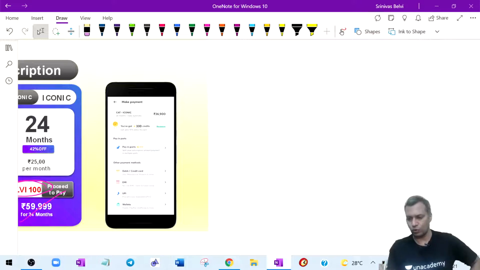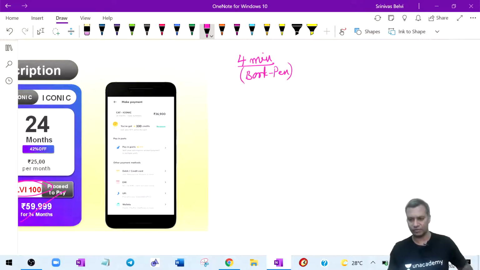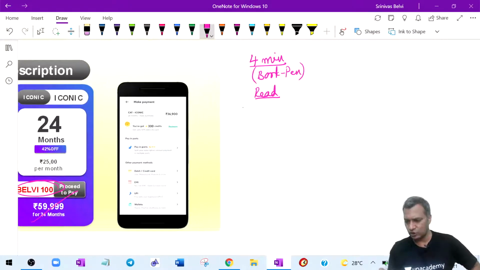This is important time. These next 3 to 4 minutes are pretty important for you. You've got to keep your book and pen ready. Don't sit without book and pen. Have that right attitude of learning. As you read, you can take running notes, or take points, whichever way makes sense, but at least try to understand completely.